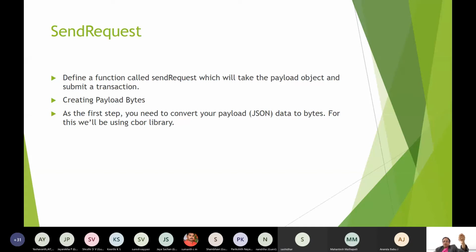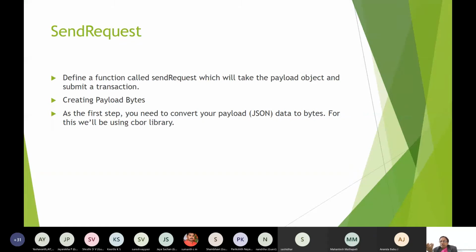At the first step, you need to convert your payload. Suppose it is given in JSON, you need to convert it into data bytes, and the whole thing is handled inside, because there should be these interface mechanisms. I don't know whether I'm right in this little understanding of mine.